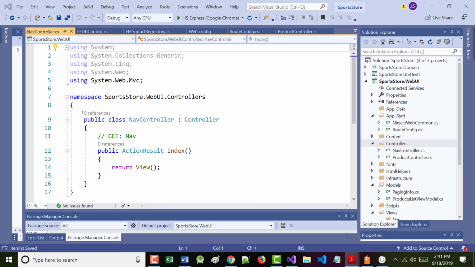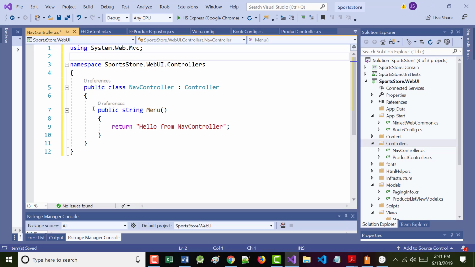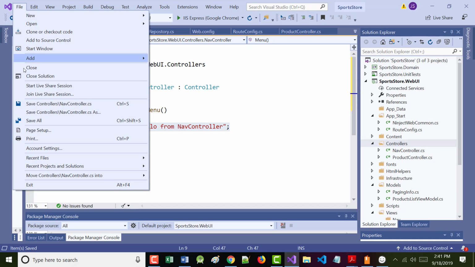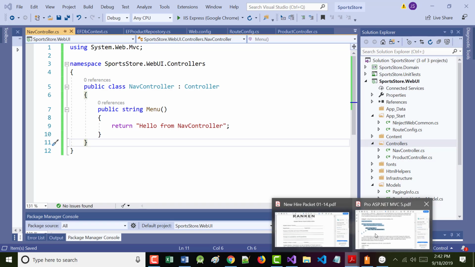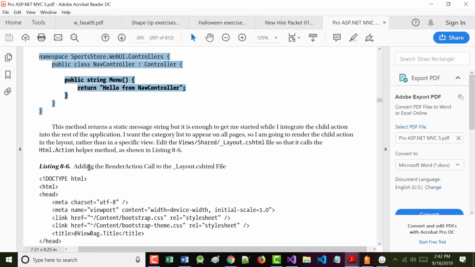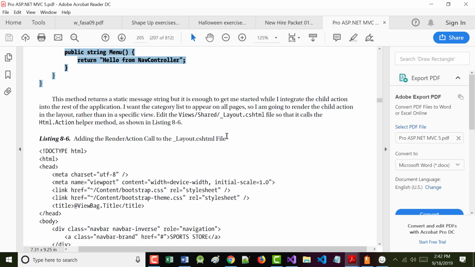Now, for lack of better words, this is kind of stupid, because all it's going to do is put "Hello from Nav Controller" in that corner. But he's doing this very deliberately, the way he does a lot of things, which doesn't mean it's a bad thing at all. The method returns a static message, but it can get us started.